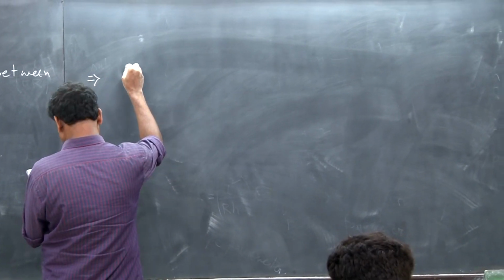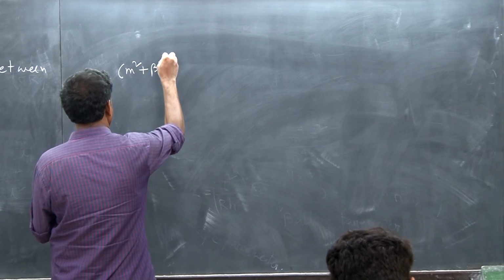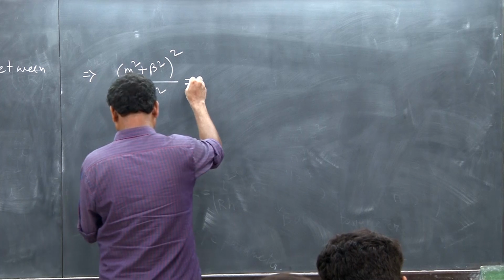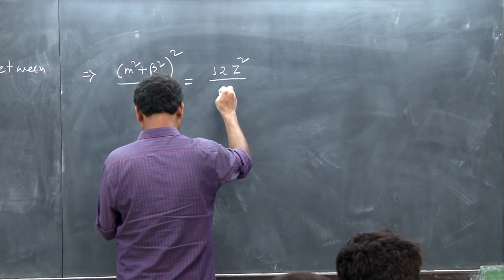So the condition is, if you simplify this, beta square by m square is 12 Z square by